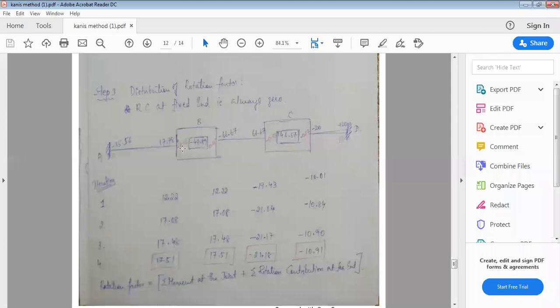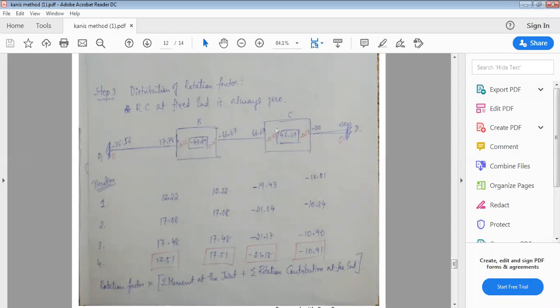And one more thing you have to remember is whenever you are summing up the rotation factors at any joint, you will get minus 0.5 as the sum. In distribution factors, how much did you used to get at any joint? You used to get 1. If you sum up the distribution factors, you used to get the value as 1. But for rotation factors, you will get minus 0.5. Minus 0.25 minus 0.25. You have to check it. This is also one cross check. Okay. Here, if I sum up, I will get minus 0.5.